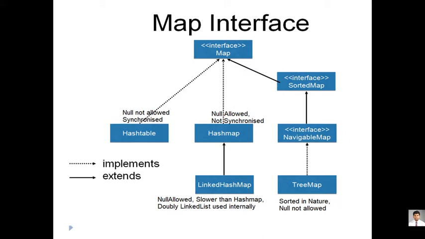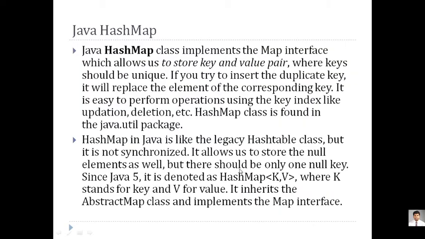If you provide a null value to the key, it will not get added into this because it is not allowing for that. But in this hash map, only one key, not value, only one key can be assigned a null value, whereas values can be null. So if you don't want to add anything into any key, you can say null. Null values can be assigned to the keys, but only one key can be a null.